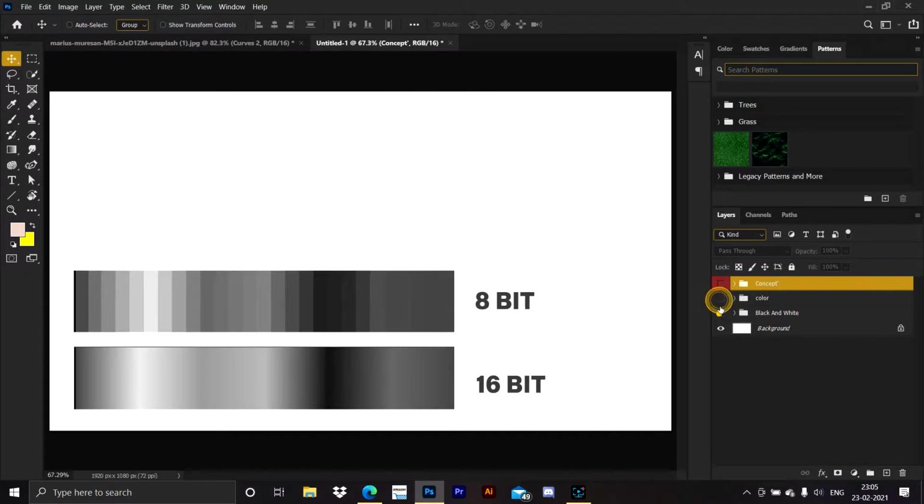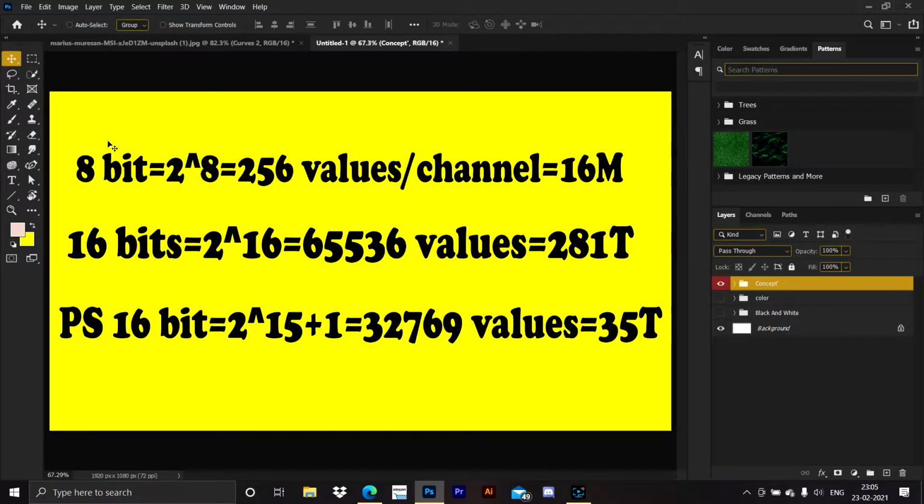For that we have another concept: while working in 8 bits we have 256 values per channel. How 256? 8 bits. A bit can be either 0 or 1 according to binary logic, so there are two possibilities for each bit. So 2 to the power 8 equals 256 values per channel.